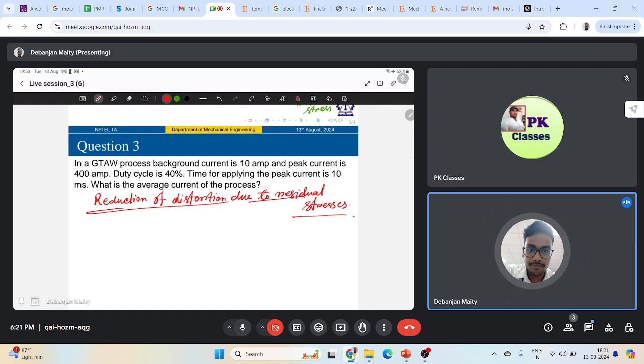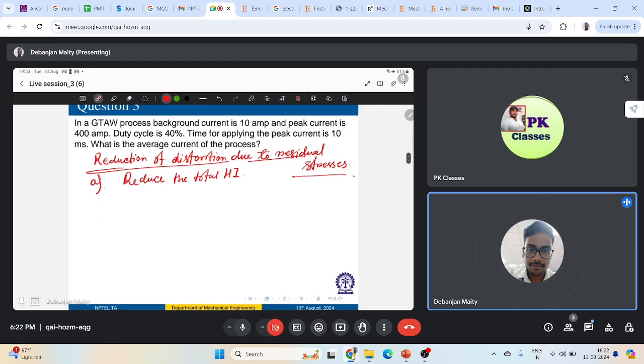So how can we do that? I was saying that we can reduce the total heat input. This is one aspect. Another aspect can be